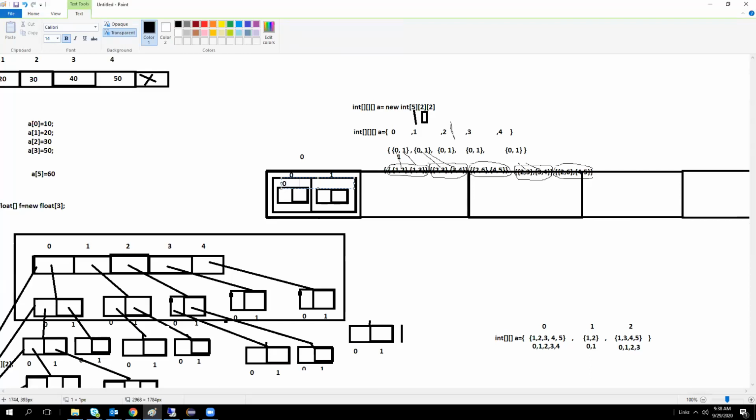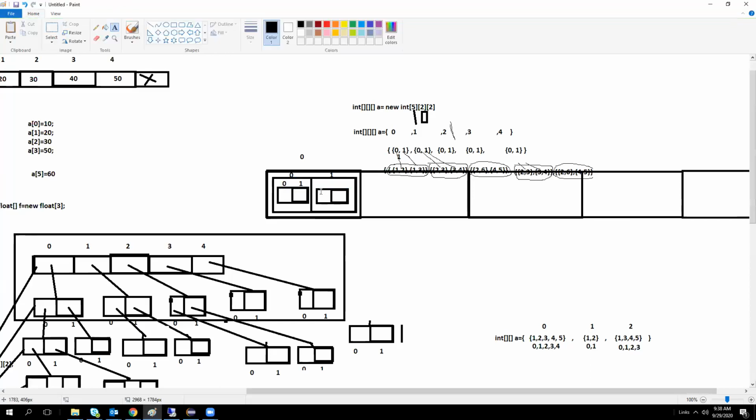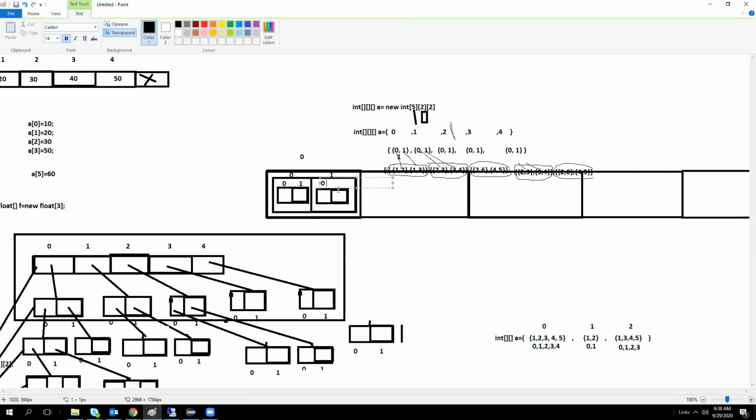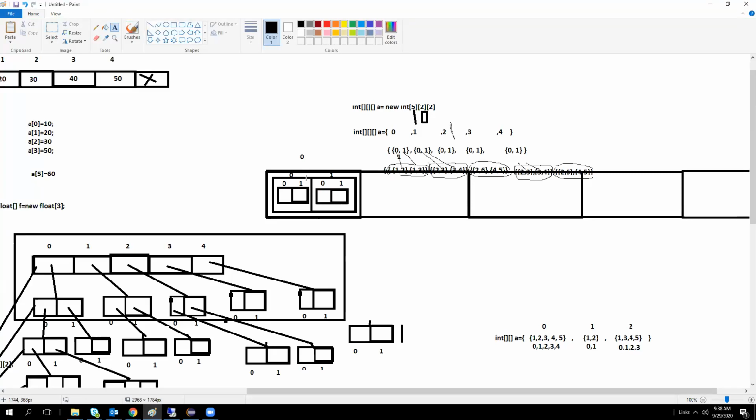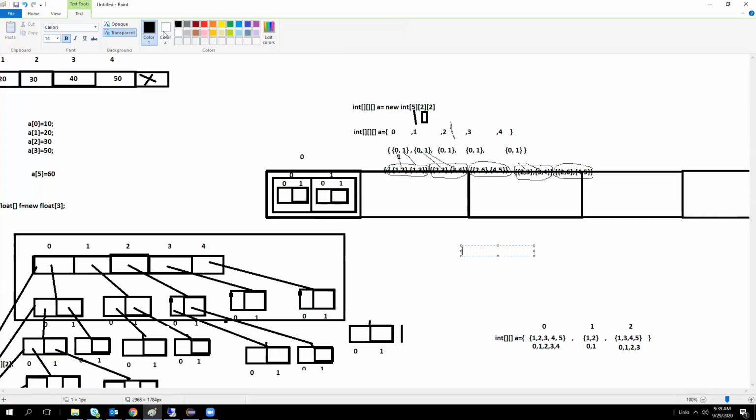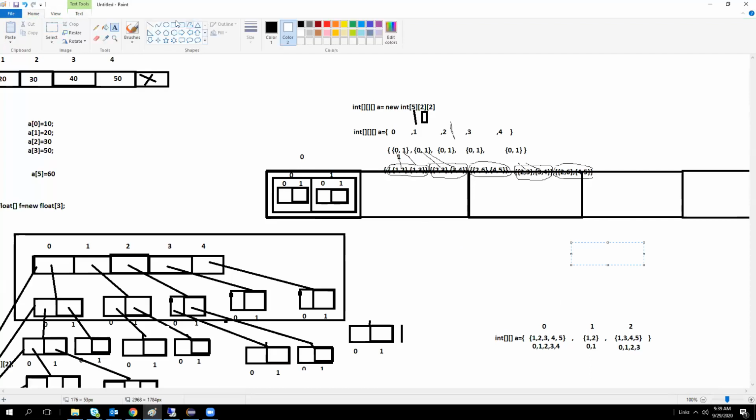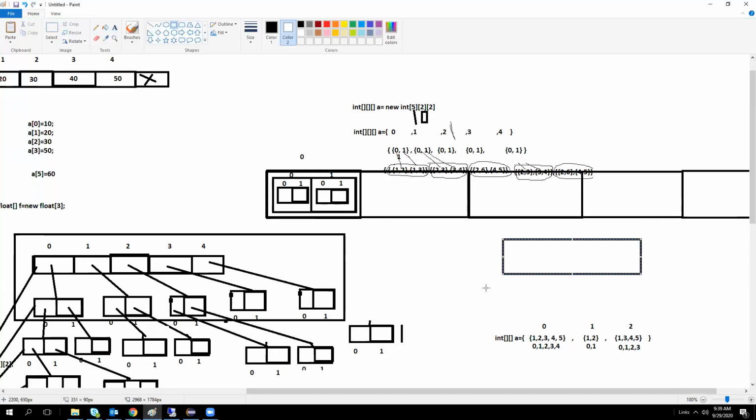And this applies the same for the 2-dimensional array also. The first box will have one array, and inside it the next one will be the second box, parent and child. If it is 2-dimensional, only two levels will be involved here.